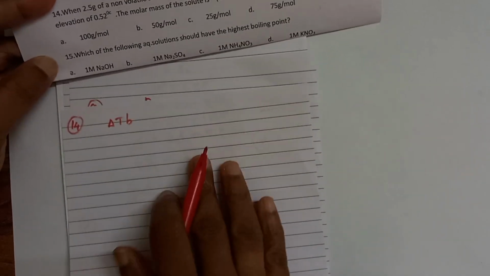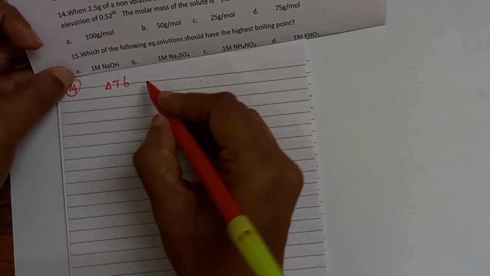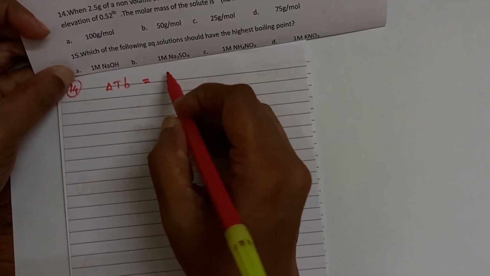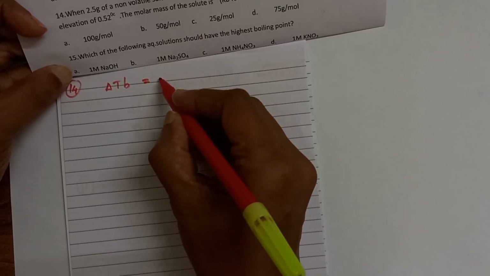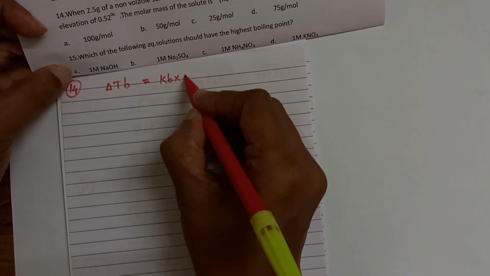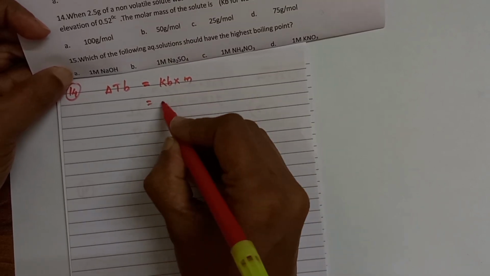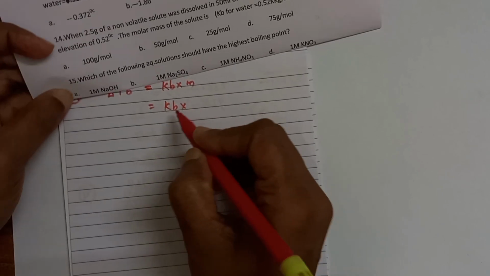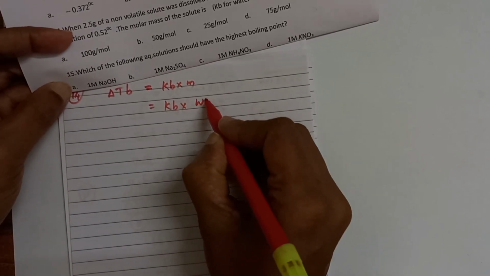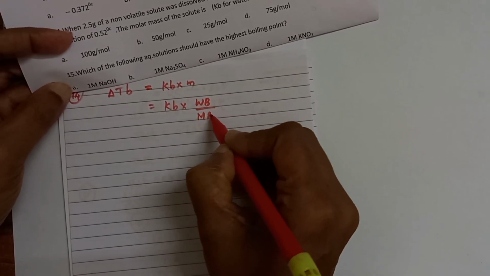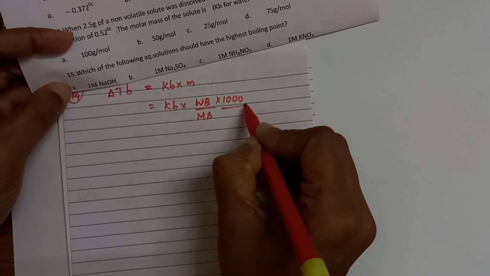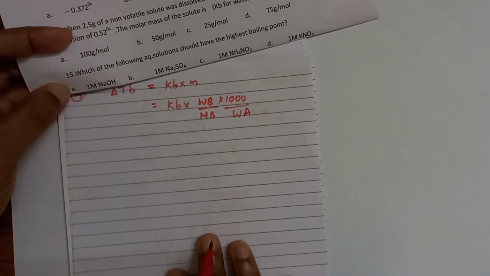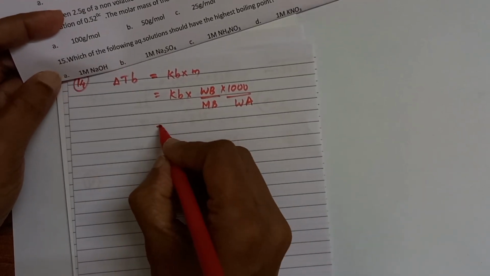We can use this equation: delta TB is equal to Kb into molality. Instead of molality, we can write Wb by Mb into 1000 divided by Wa, which is equal to